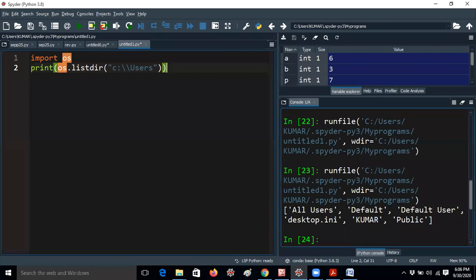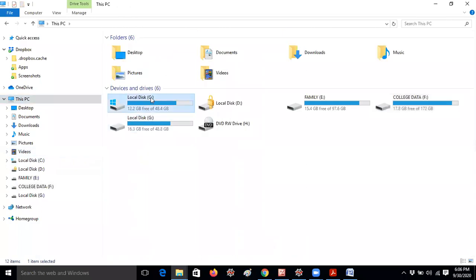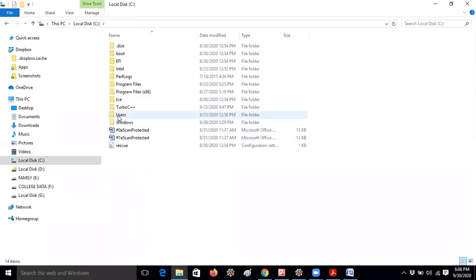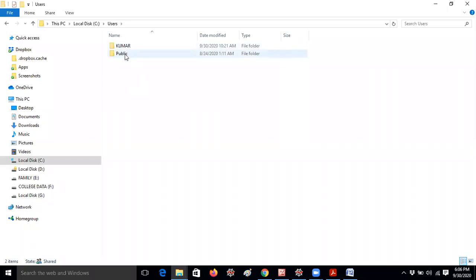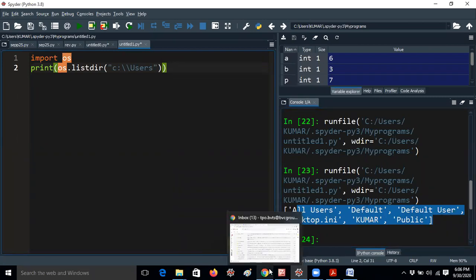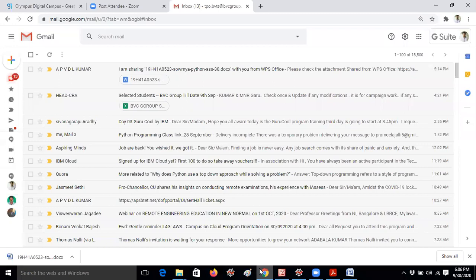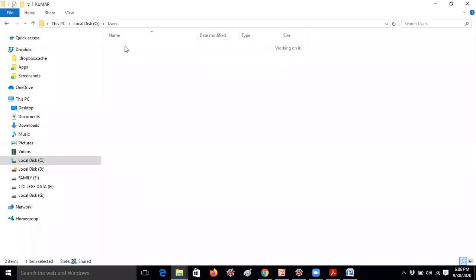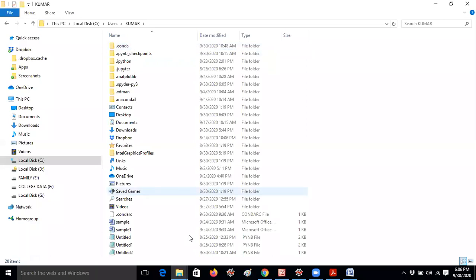So on C guys, here. One minute guys. I will open my C directory. So here users folder is there. After users folder you have some files Kumar public, but some folders I have hidden. Even though they are hidden, those will also be displayed here. So let me see users Kumar default. For example, I would like to check other files. Let me open it. A lot of folders are there, and in public. Okay, no problem. I will give Kumar also.